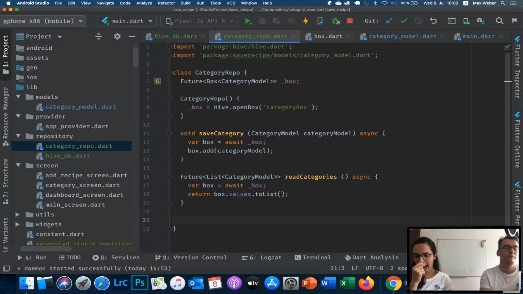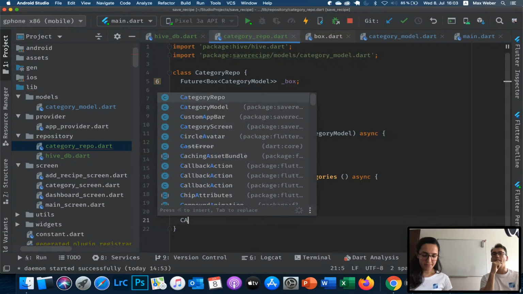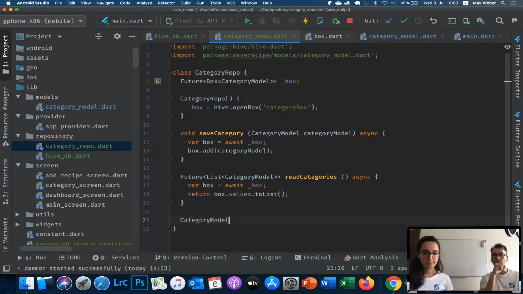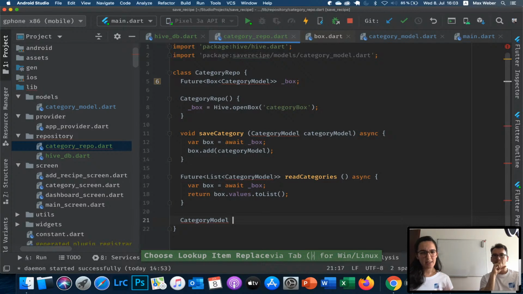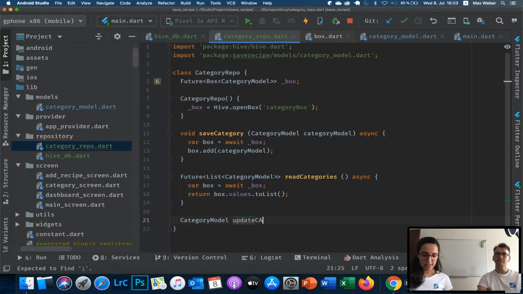So when we want to update our categories or the category list, this is also, I think, a list of category. Or we want to update one of them actually. We can't update all of them at once. So this is going to be from category model. That is what we want, I think so. Let me write, and after that we can speak. Okay, and now this is the update category. So at the beginning we want to just update one of them, and this is